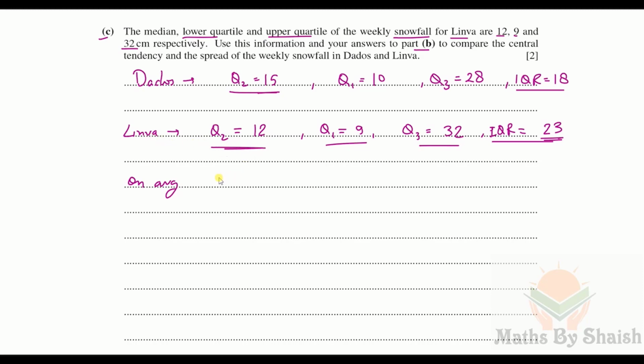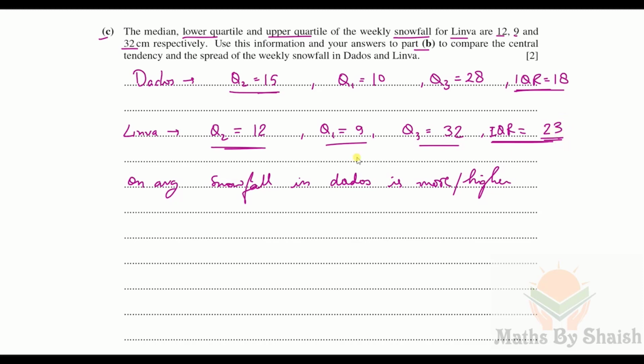So on average snowfall in DDoS is more or higher, and the interquartile range for Linwa is more, so it means this mid 50% of the snowfall is more in